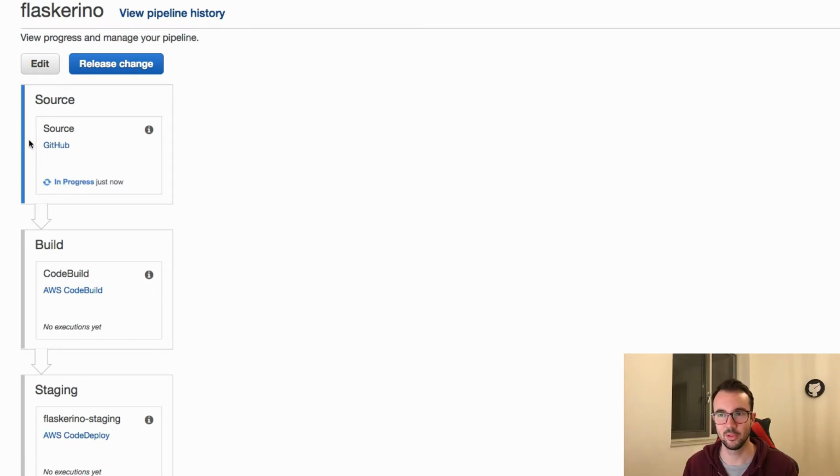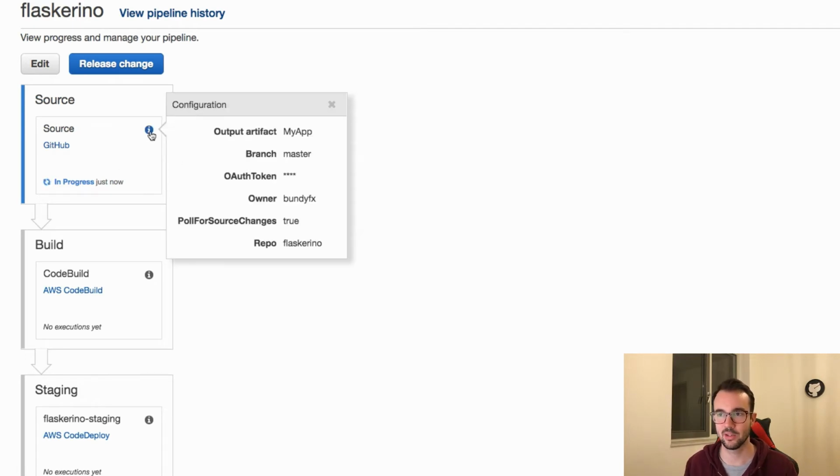So you can already see the little blue icon has started here, and you get a little blue shading on the side here. So it's actually going to go out to GitHub now and grab the master branch of that repository. And this should be pretty quick because all it's going to do is go and grab that. Now you can see here on this configuration section, it says the output artifact from the source. It's given it a name already called my app, so we can go ahead and change that later. It says the branch, and it's got an